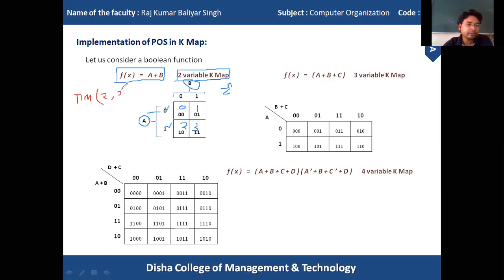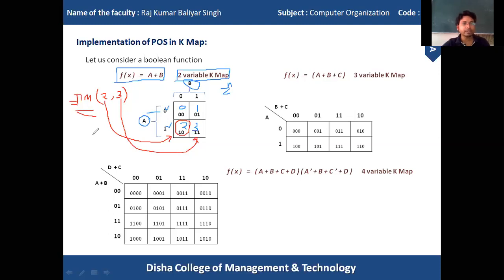If we have the equation f of x equals pi of capital M 2 3, this 2 is nothing but the cell number, the decimal value of this cell, and 3 also represents this cell. This is called the max term.